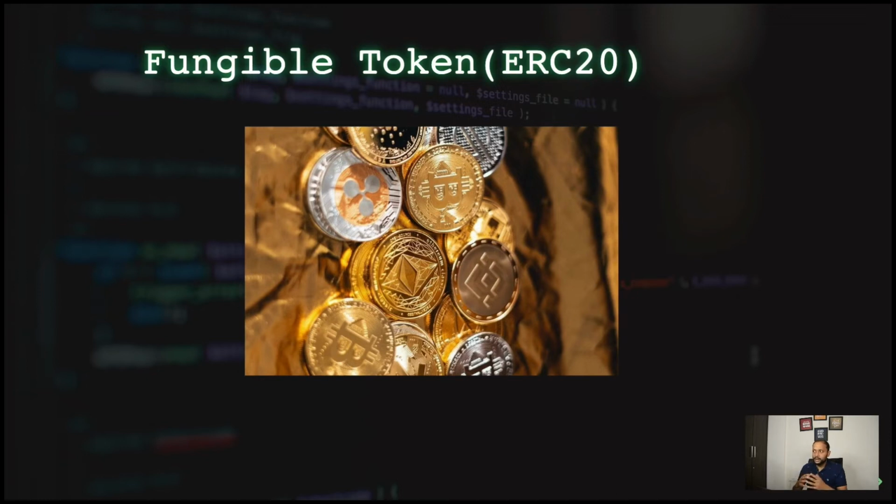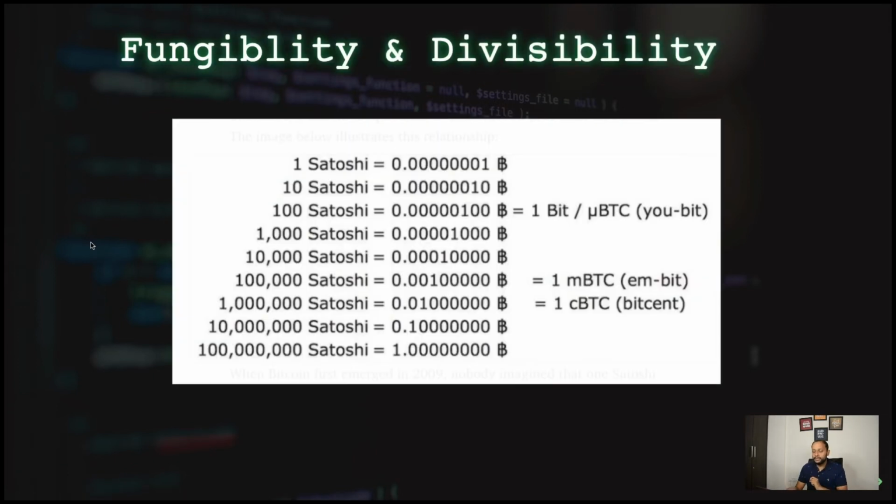Moreover, there is, of course, no programmatic difference between them, in the same way that a dollar is, right? So one dollar bill, irrespective of who owns it, is basically the same. So fungible tokens are mainly used as a unit of money, fees, or payment of some kind. Now, another very important characteristic of ERC20 tokens is fungibility and divisibility. What this means is that when something is fungible, it is also divisible.